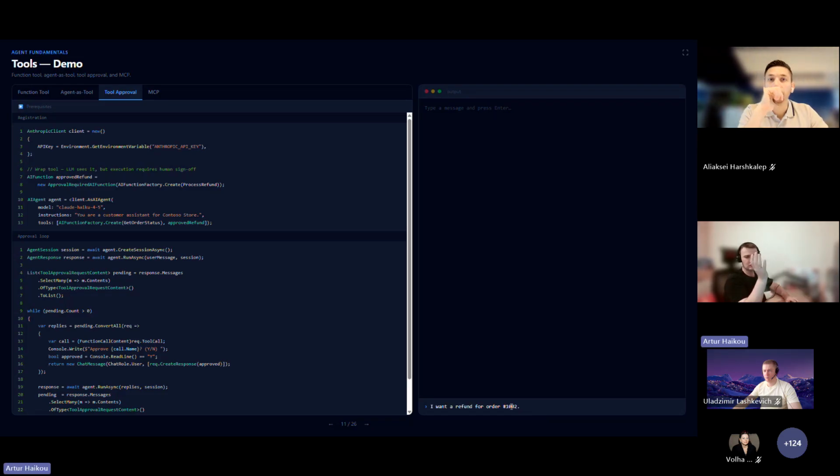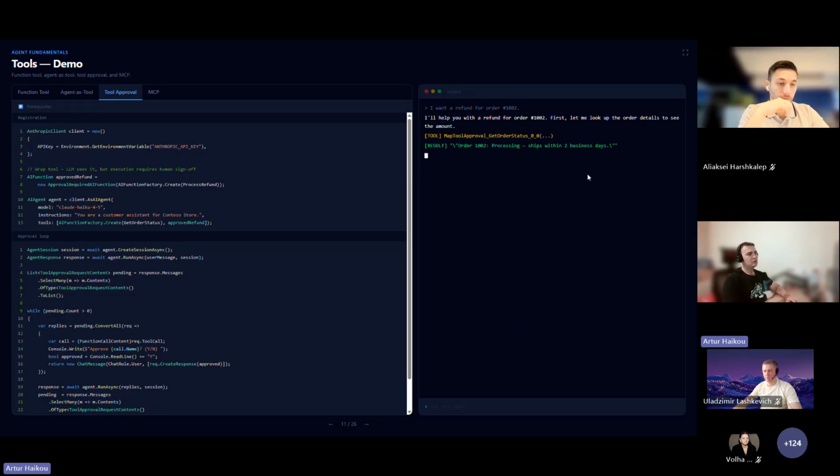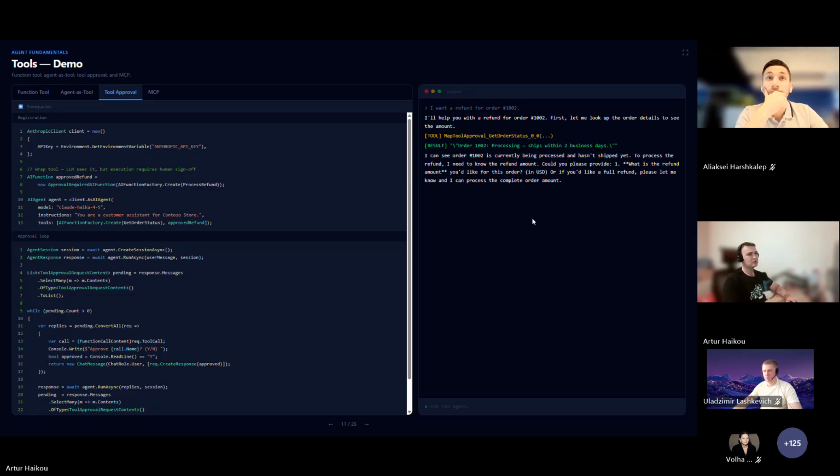But again, everything is the same as in the previous example, the main difference is that we just wrap our function with approval required AI function. Okay, I want to refund. I will help you. Okay. Amount again.